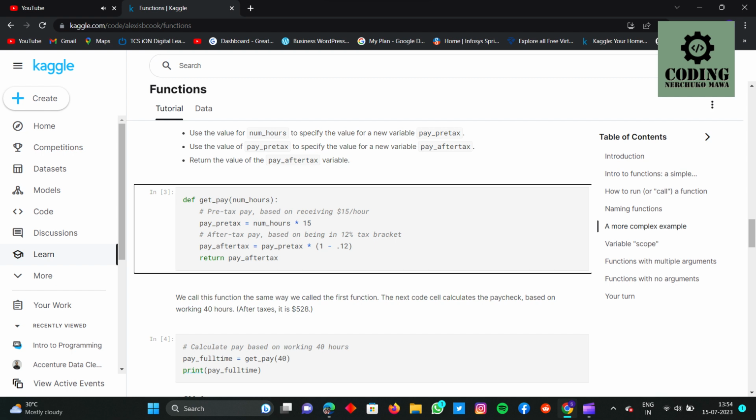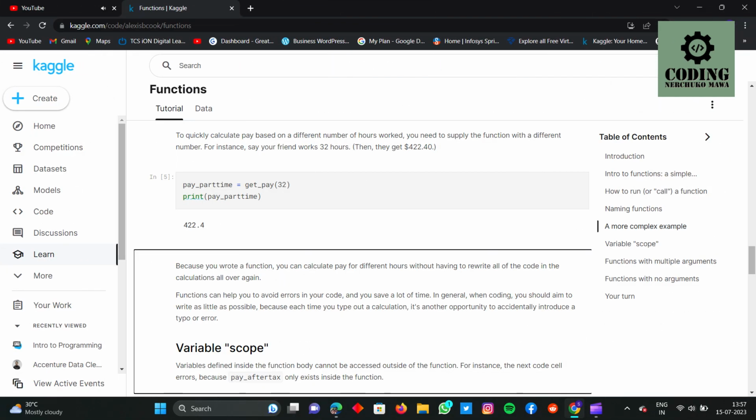We call this function the same way we called the first function. The next code cell calculates the paycheck, based on working 40 hours. After taxes, it is $528. # Calculate pay based on working 40 hours. pay_full_time = get_pay(40) print(pay_full_time)